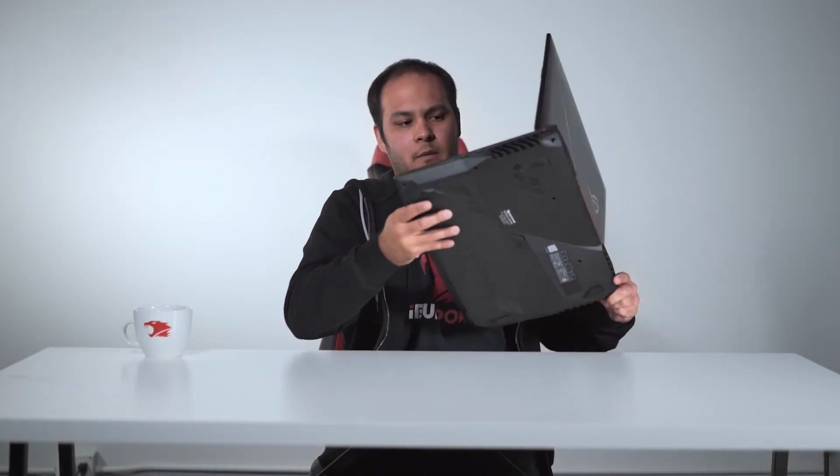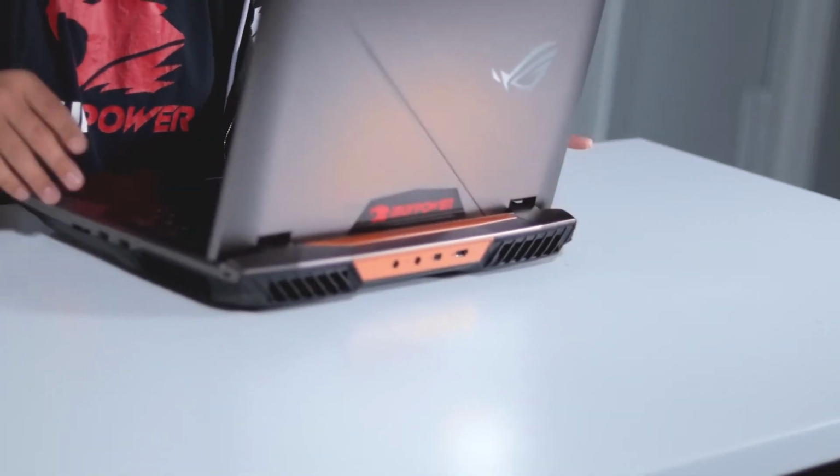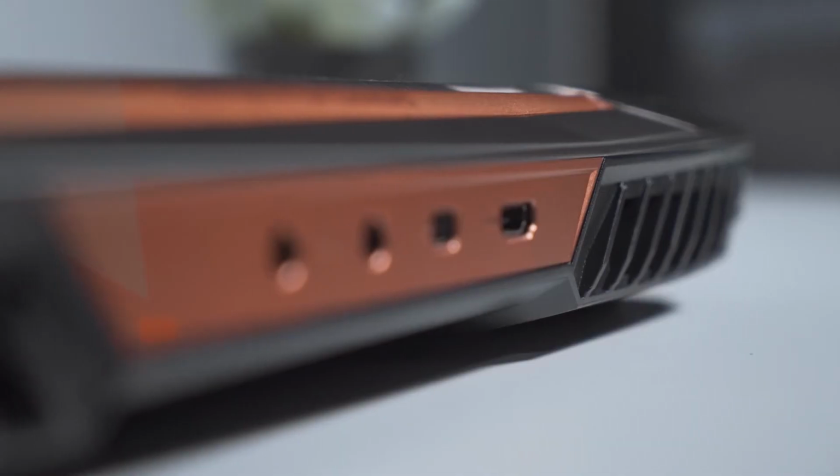Intake all over the bottom of the laptop, and you have exit vents on the side and on the back. Take a look at the temperatures on the palm rest here. The only part of the laptop that even got relatively warm was up here towards the top of the keyboard. If you're worried about the laptop getting hot and your palms getting sweaty, it doesn't. This part is ice cold where you've got your hands. Really good thermals, and it doesn't really matter which fan mode you're in, it does a good job of managing